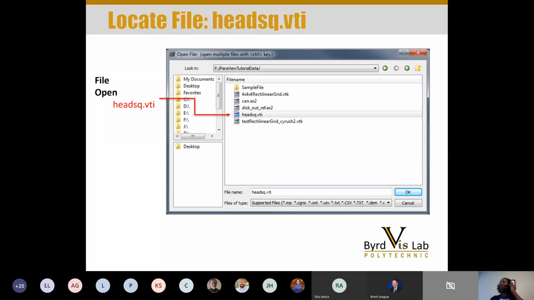What you need to do is locate the headsq.vti file. If you, by chance, just double clicked on it and something strange happened or it didn't load, that's one of the reasons why I said before, there's a process that you need to go through to ensure that it is actually loading in. And so this is a surefire way to do that. Otherwise, you'll need to associate the file extension .vti with ParaView in your system. That is beyond the scope of what we're going to do today. But if you follow these steps in terms of loading the file through ParaView, you should be able to locate it and it should recognize it. So once you locate the headsq.vti file,